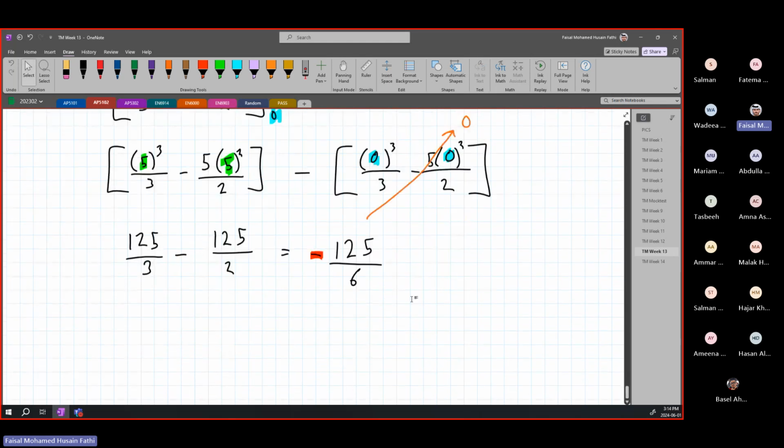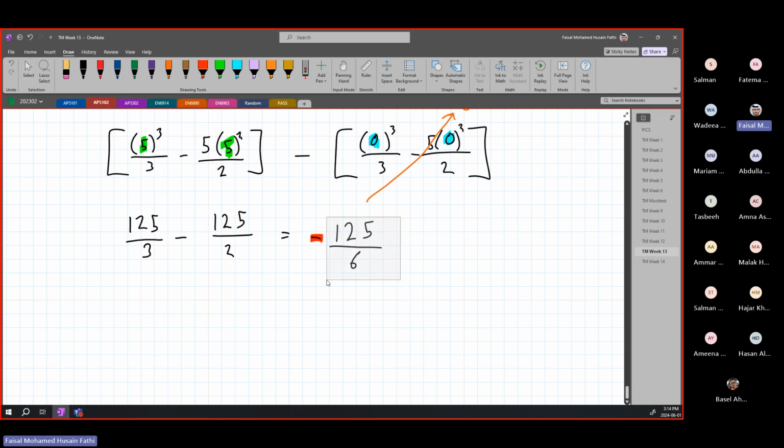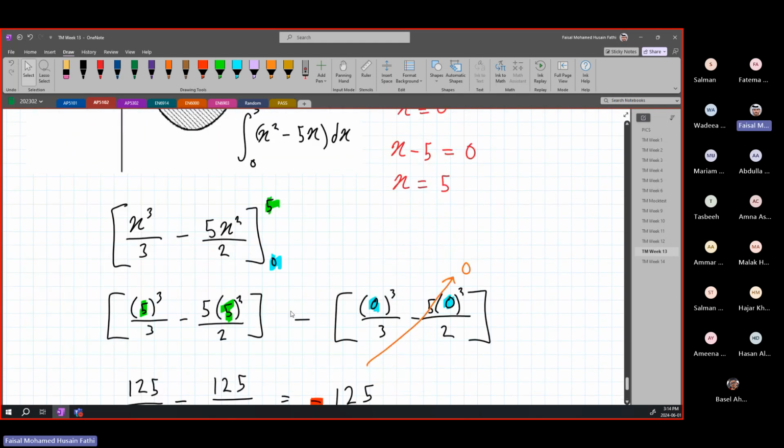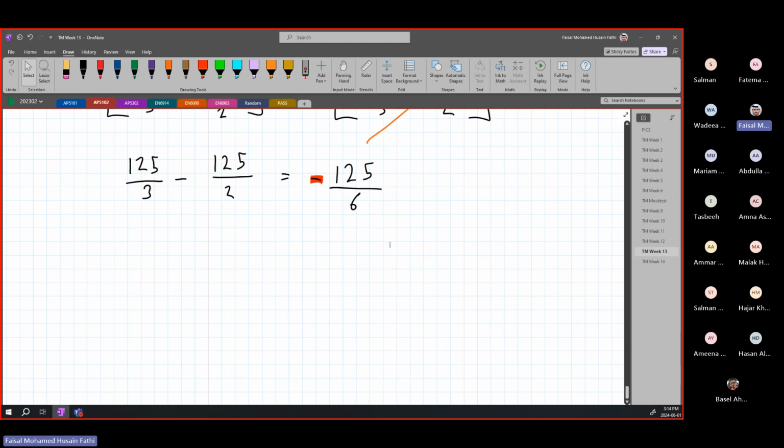So if you see an answer that says 125 over 6, it is still correct if they're talking just about area. And if you see both positive and negative, make sure you put the negative answer for the multiple choice. All right, so this is basically it for this question. Let's see if there's one more. I want to do one more like this, so you guys just know how to find it.